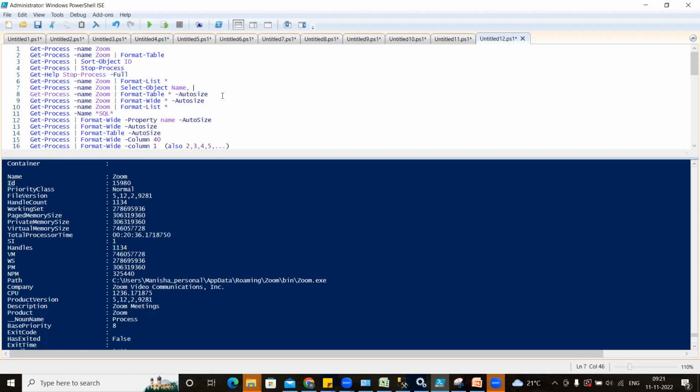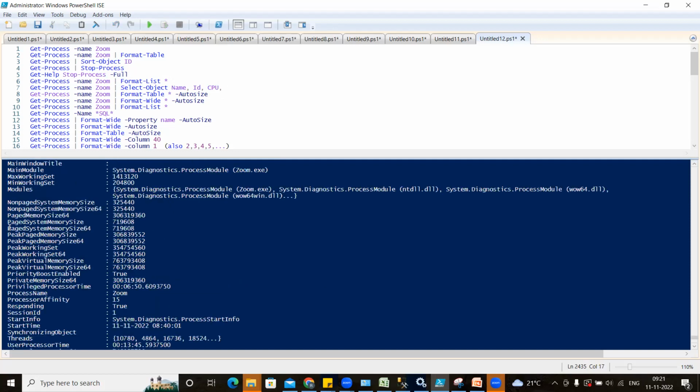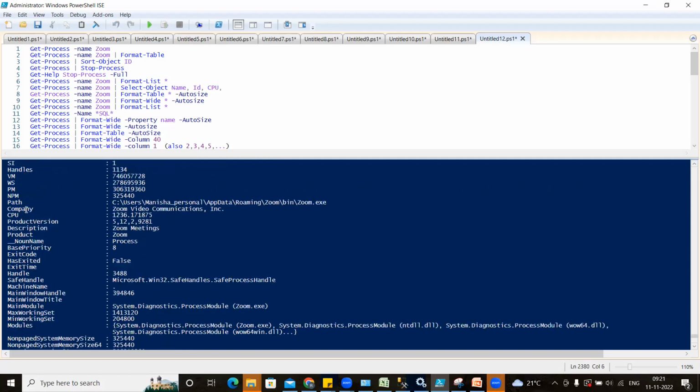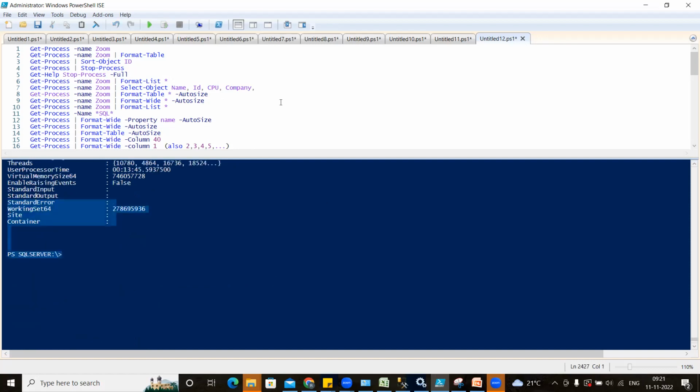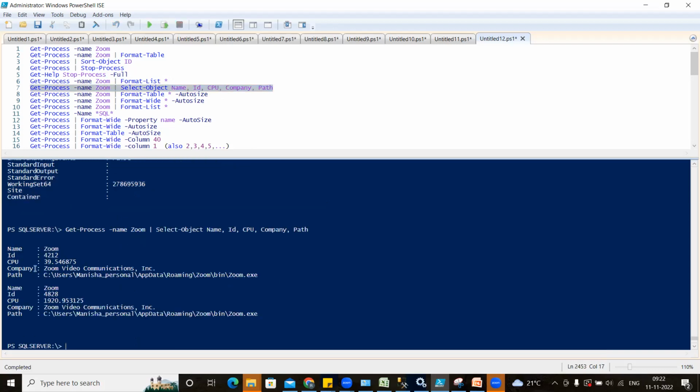Name, ID. If you want anything more, like CPU, you can write CPU. If you want company detail, you can give that here with a comma. If you want path, you can give this directly. Whatever you want, you can filter using that, and you will be able to display all this result, right? If you want again,